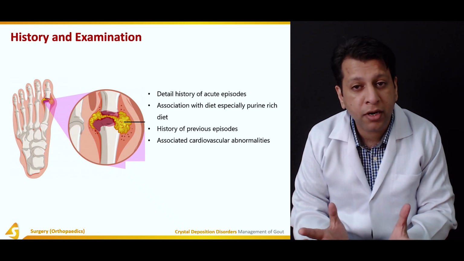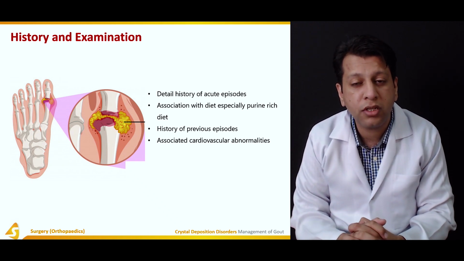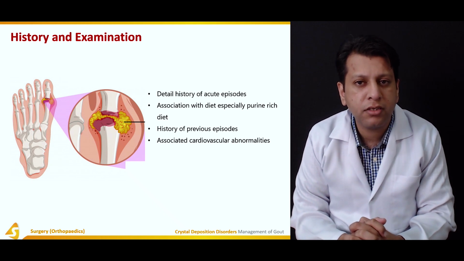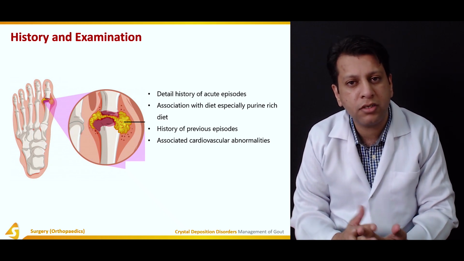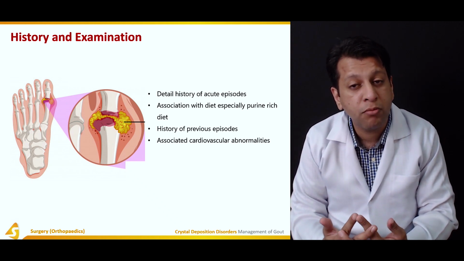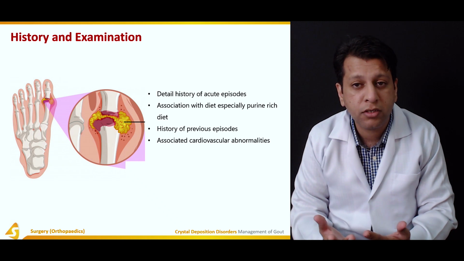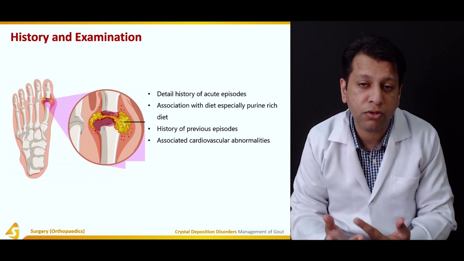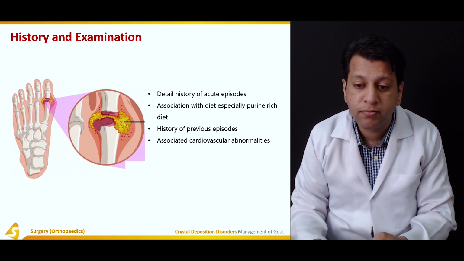Because in case of hypertension or cardiac diseases, usually the kidney is affected in the long term, and kidney excretion is decreased. If kidney excretion is less, it is quite likely that the patient may have a secondary gout, because uric acid production is normal in the body, but the excretion is not there. So there is a relative hyperuricemia in our body.